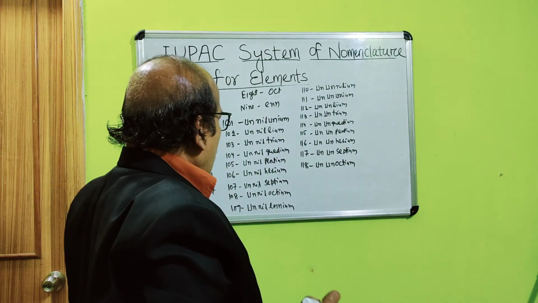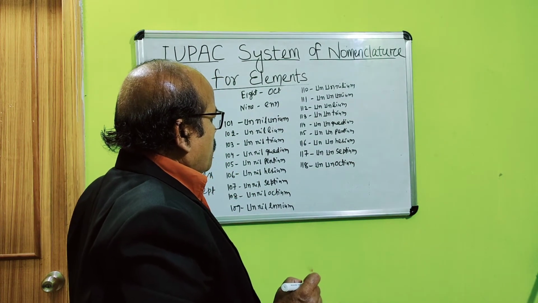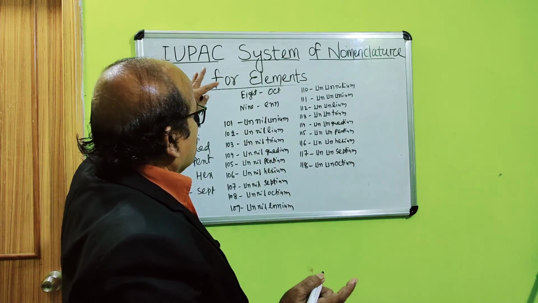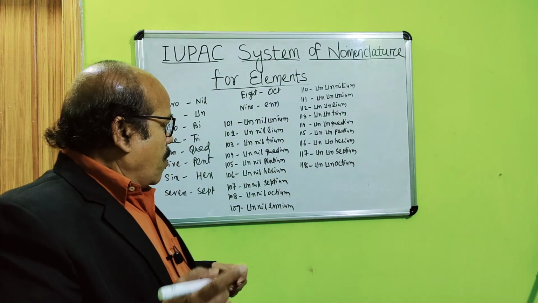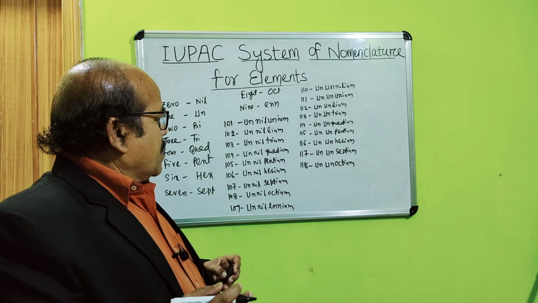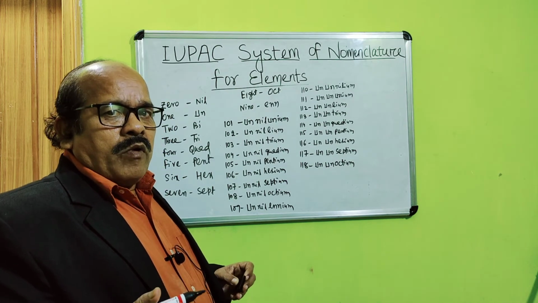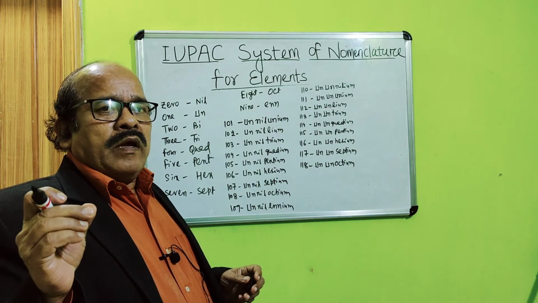So far, 118 elements have been found out. Their initial naming according to the IUPAC system, I have written here on the board. But later on, after isolating its atomic number, atomic volume, density, and all other properties,